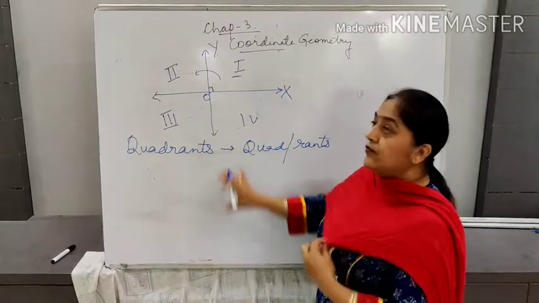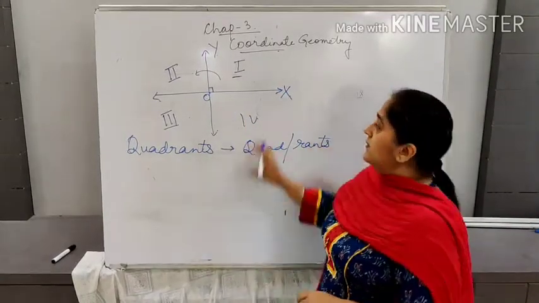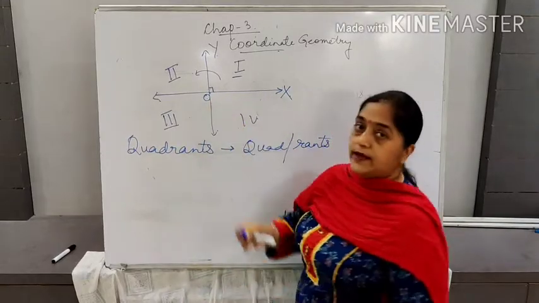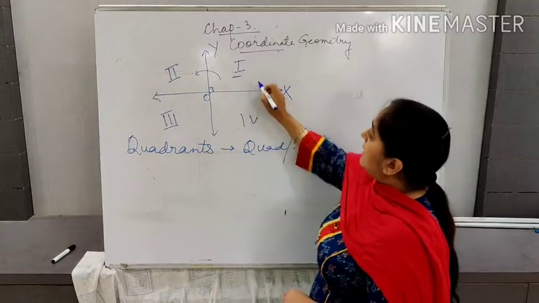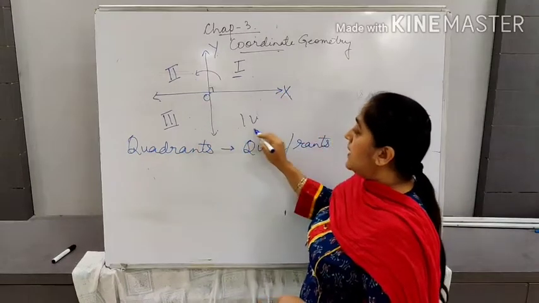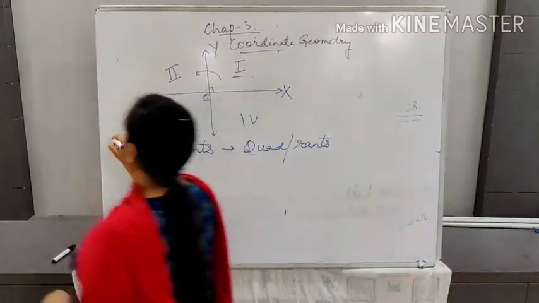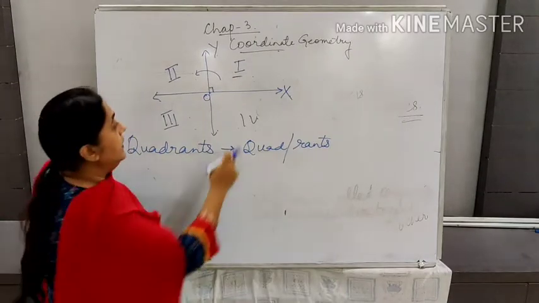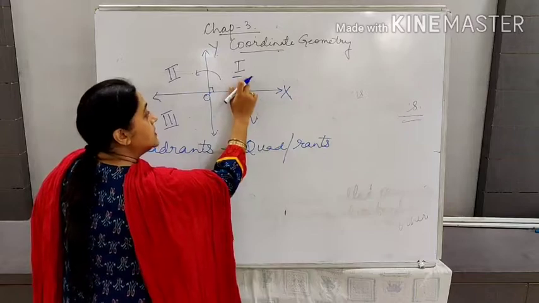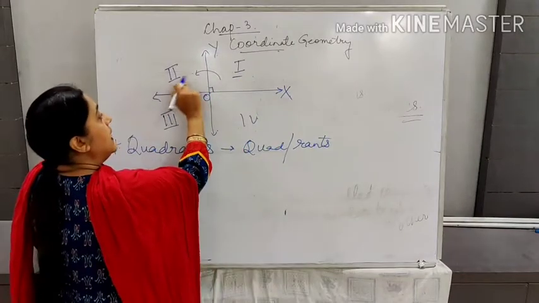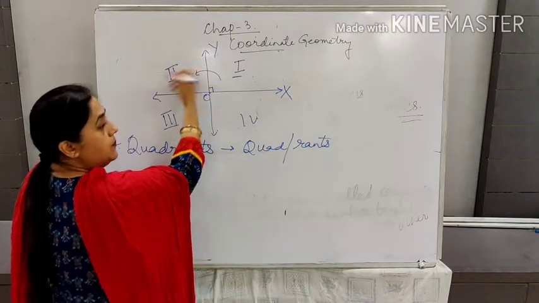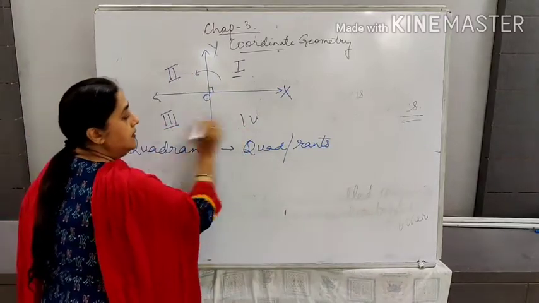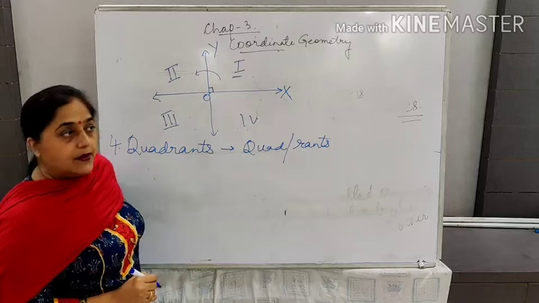So right now we are talking about two axes. These two axes are mutually perpendicular to each other and intersecting at a point that is called the origin, and they are dividing our plane into how many quadrants? 4 quadrants, right? And how do we mention the name of the quadrant? This is the first quadrant, we start from here only, and then in the anti-clockwise direction, the opposite direction, this is the second quadrant, this is the third, and this is the fourth quadrant, right?